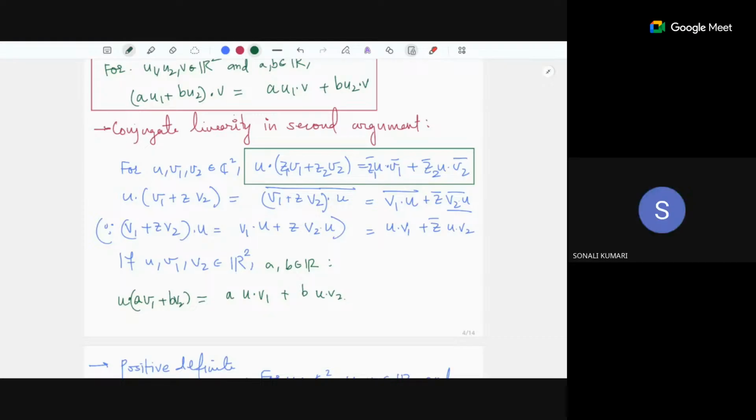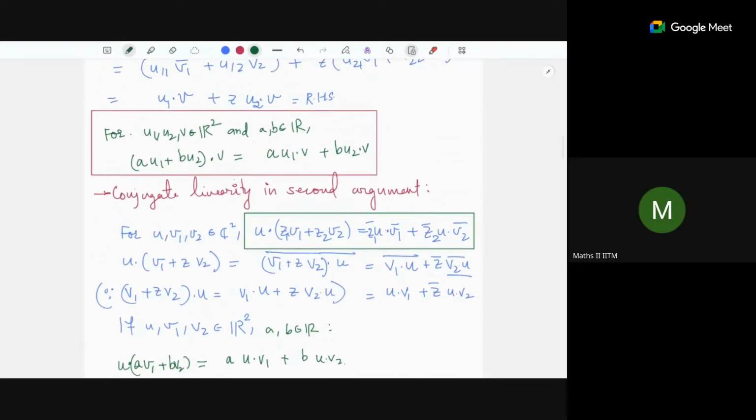Okay, sir. What's the difference between the conjugate linearity in the second argument and the linearity in the first argument? Could you please explain the second argument again, because I didn't get it. Conjugate linearity is this expression. When you have a linear expression in the second coordinate, and you are doing the dot product, then it